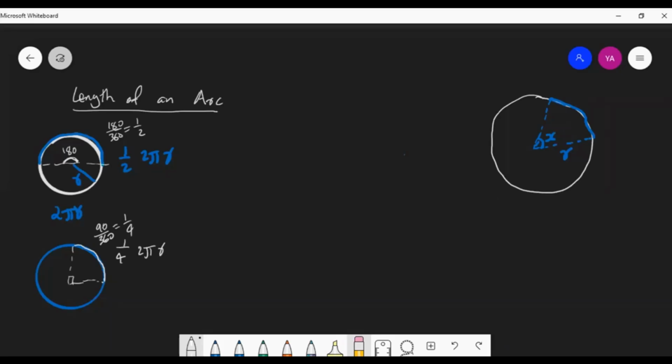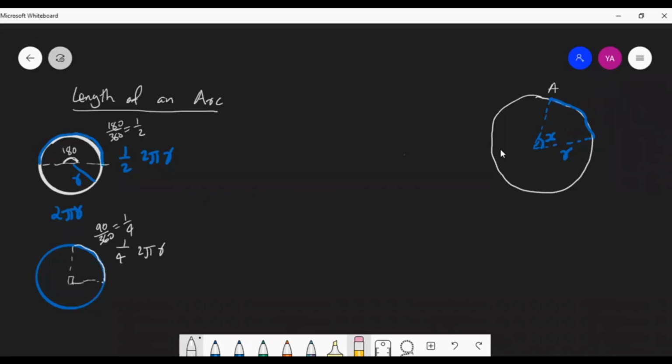So what is the angle the arc makes at the center of the circle? What fraction is that angle of 360? That much fraction of the perimeter of the circle will be the length of the given arc. Okay, so look here, we can make a formula from this picture, the right side. The central angle is x. The angle made by this arc at the center is x. So what will be the length of this arc?